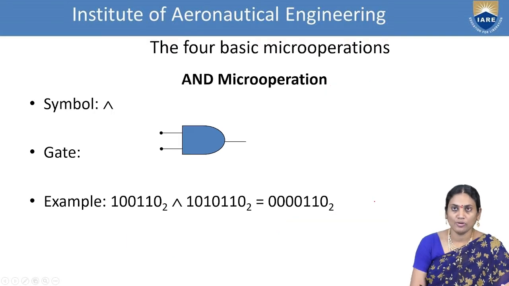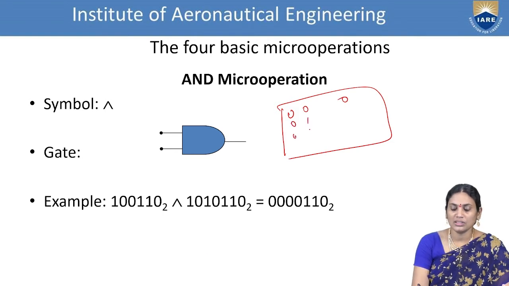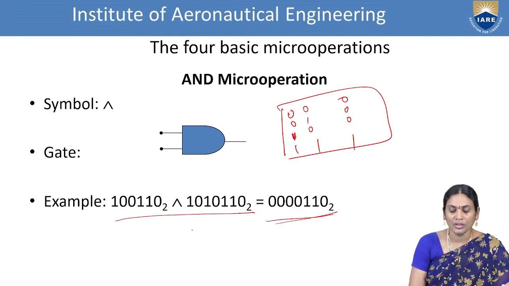Next one is AND micro operation. AND micro operation is also similar. We have a logic gate principle for our AND micro operation, where if you have two zeros, the output will be 0. If any one in the input is 0, then also the output will be 0. If both are ones, then only the output will be 1. So by using the same logic, the truth table will have the same result in the corresponding result operation. In this way, you are handling the AND micro operation.